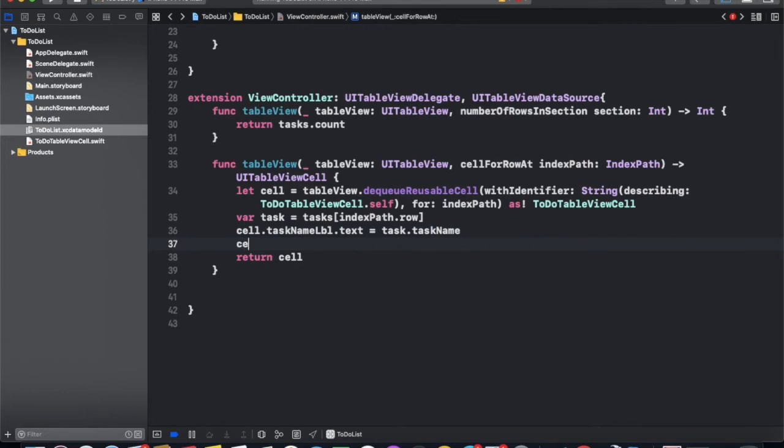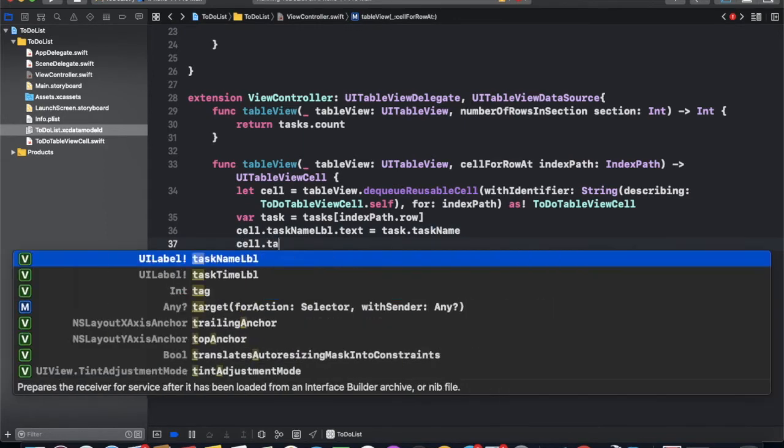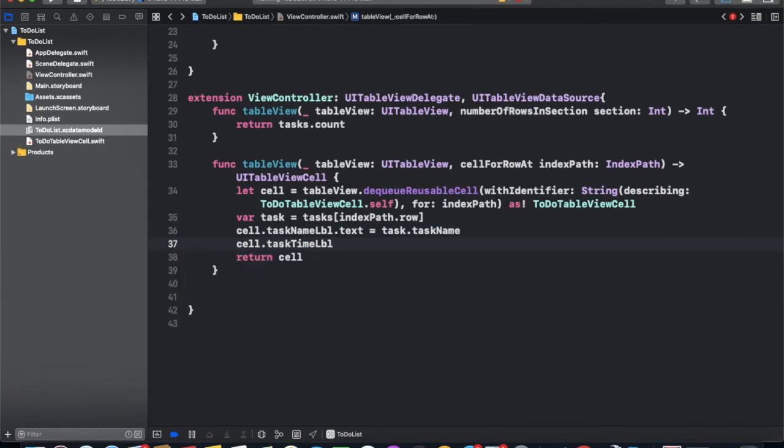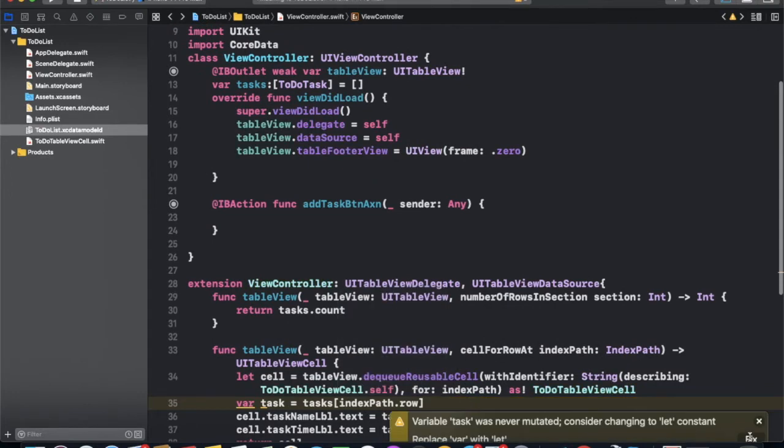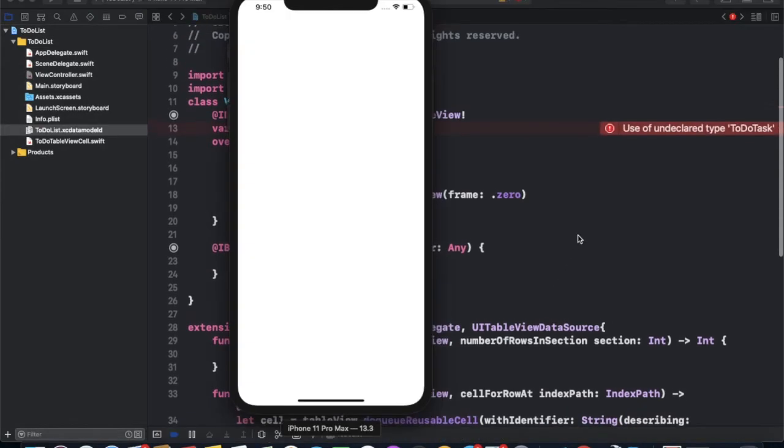Same cell dot task time label dot text equal to task dot task time. Make it left. Now our UI is ready.